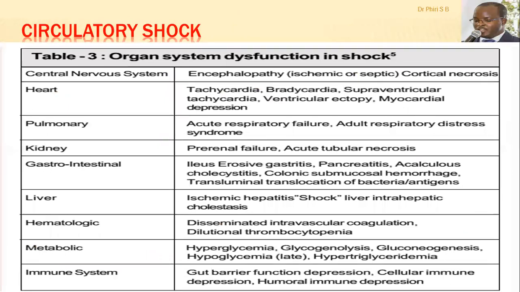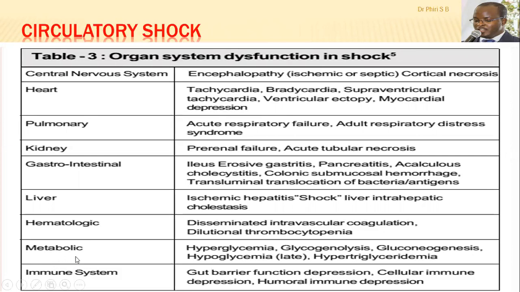So you have the organ system dysfunction in shock. At your own time, you can check this table. So you can see the organs that are failing due to shock. You have the central nervous system that is failing. The heart is also failing. The pulmonary is also failing, the kidneys, the gastrointestinal tract system is failing, the liver is failing, hematologic or the bones that are involved in hematopoiesis are also failing. Metabolic, you have accumulation of these metabolites